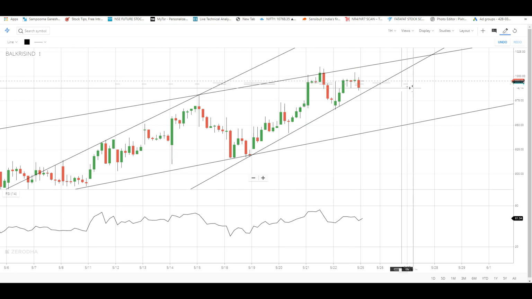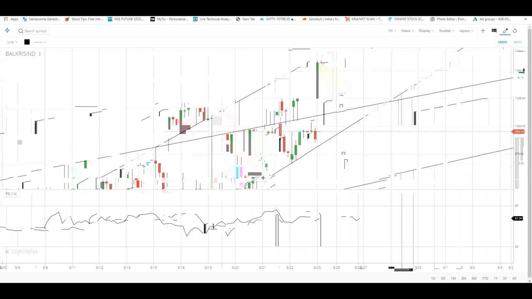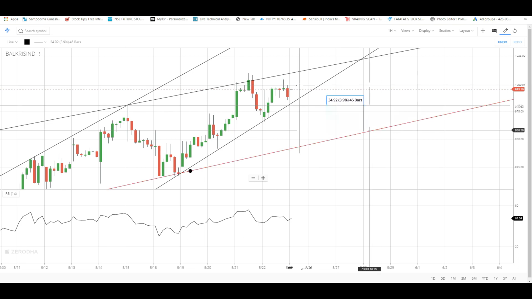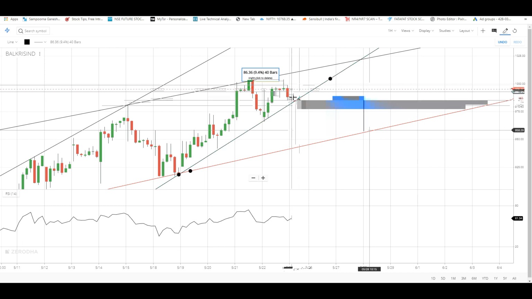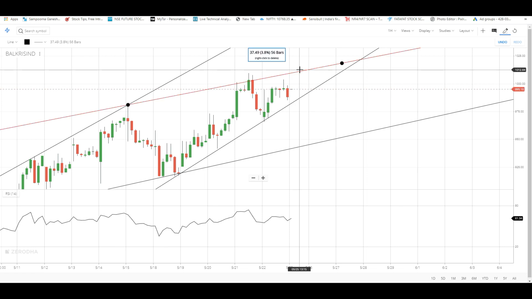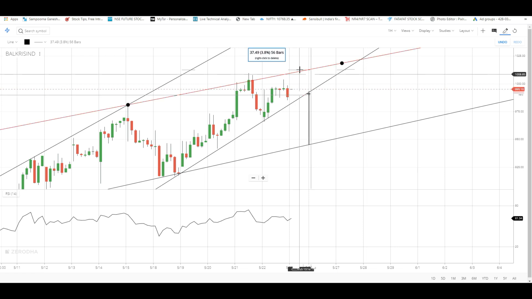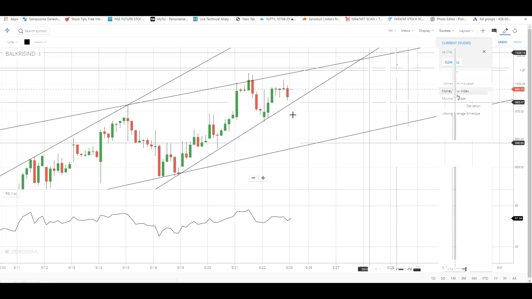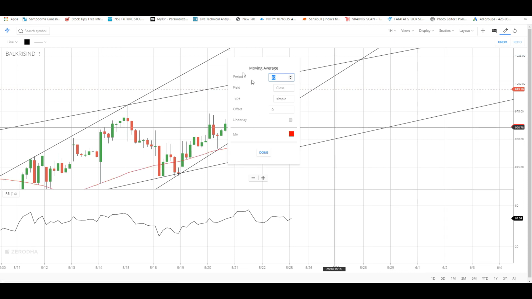This can be used on a daily time frame, and this can be used on a 1 hour time frame. Here you clearly see, if you get it at 986 on Tuesday, we can still buy, and we can target 1012. The other usage which I generally use is the moving average, which is a 9-period exponential moving average.